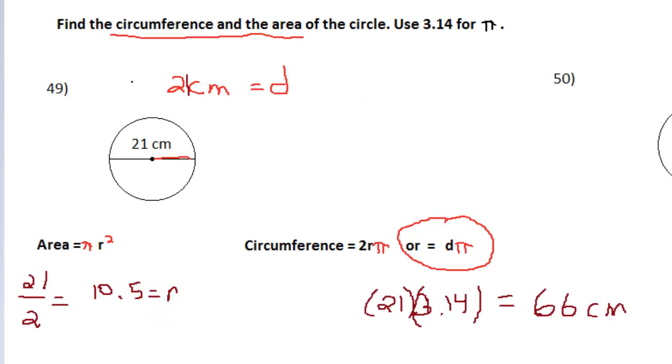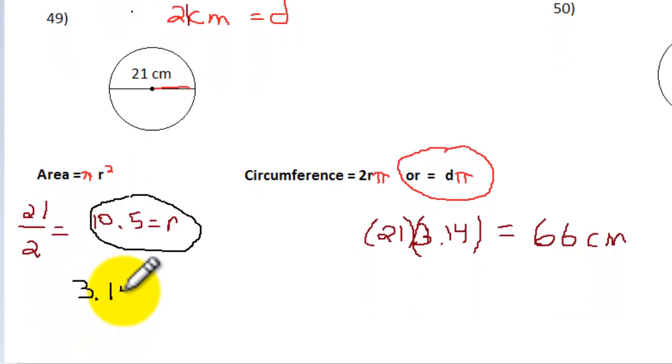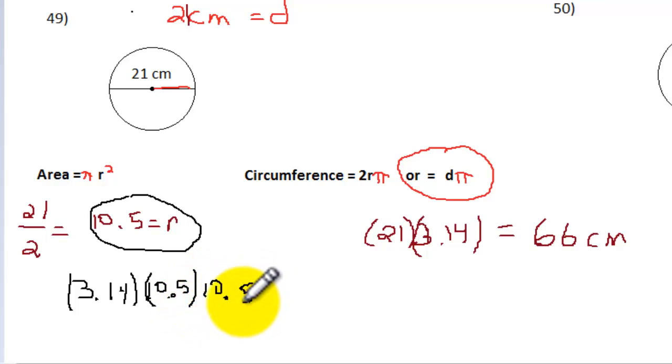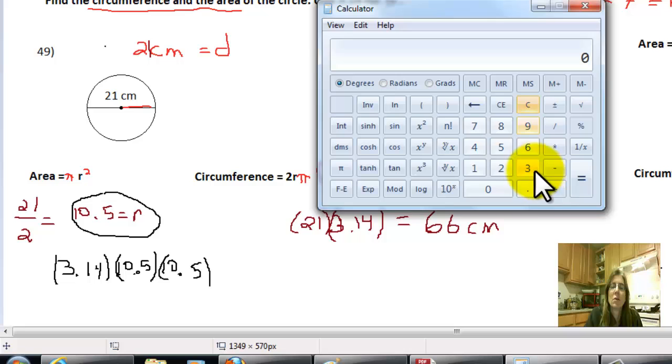So now we plug this value into our equation of pi r squared. So we have pi, 3.14, times r, which is 10.5, squared, which is 10.5 times 10.5. So let's get our calculator, and we'll do 3.14 times 10.5 squared, or 10.5 times 10.5. And that is